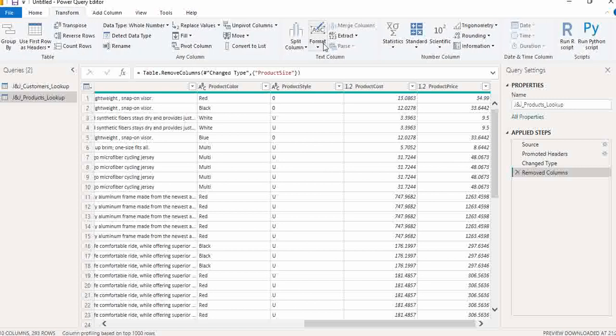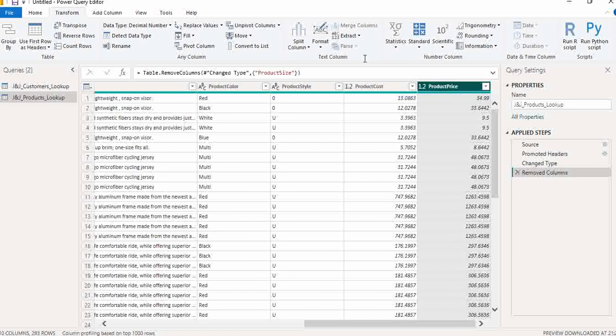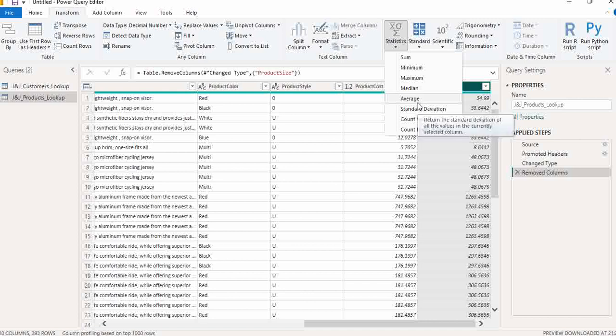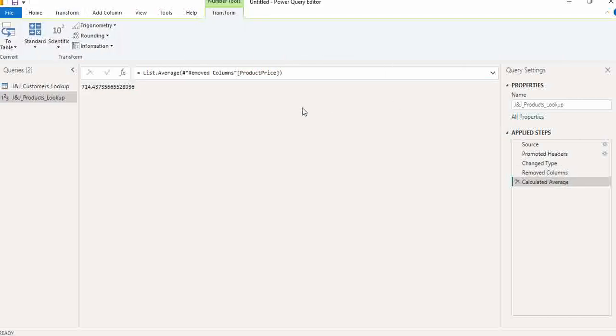You can again go to transform, statistics, and of course you first have to choose the price, statistics, average. So we have average in here. Our average price is 714, and as a statistician